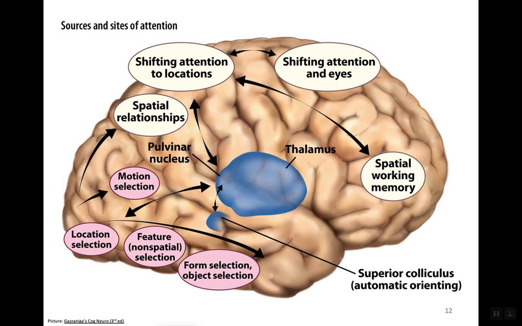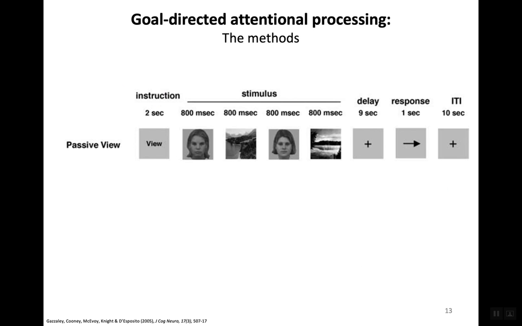So, based on this understanding of the attentional network, how might one go about verifying exactly how this entire network modulates activity in visual cortex, in visual areas? And first of all, whether this happens in the first place. Well, Ghazali and colleagues in 2005 came up with a rather simple yet very effective way to look into this